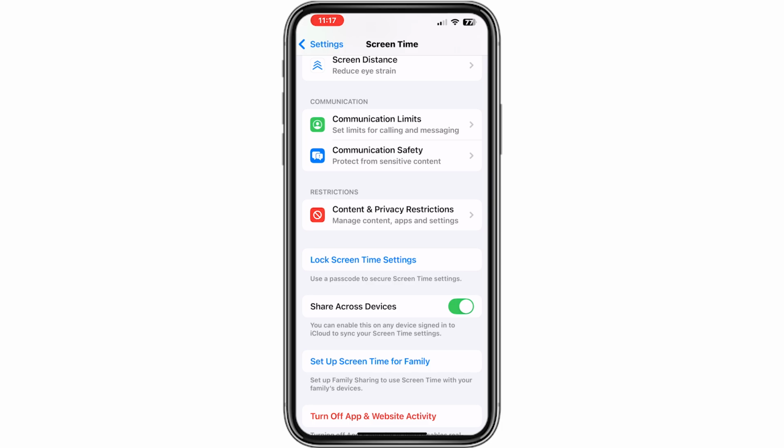If you don't have your passcode and you want to turn it off, then check out the other video from me where I explain exactly how to turn this